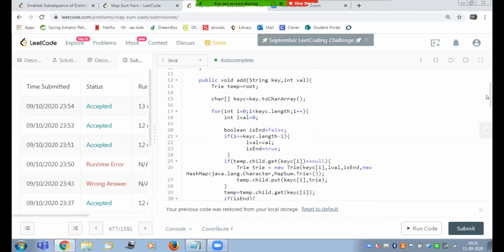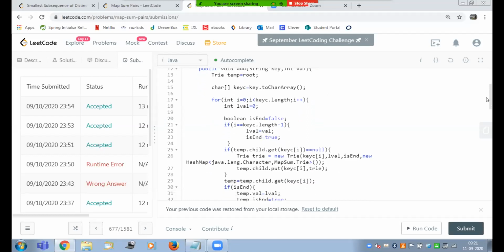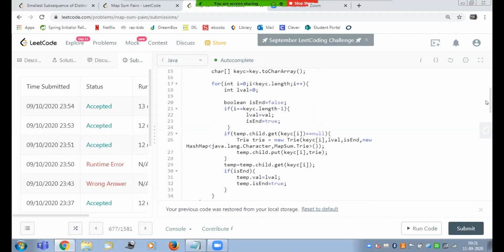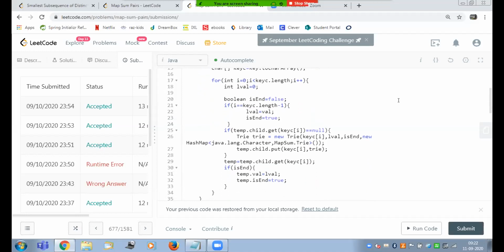Then I'm converting the input key into a character array and iterating over the characters. Maybe the code is not that clean, so ignore some of it. If the character is not present there, I will add it in the trie. If the character is already present there, just take that as the next trie element to iterate over.